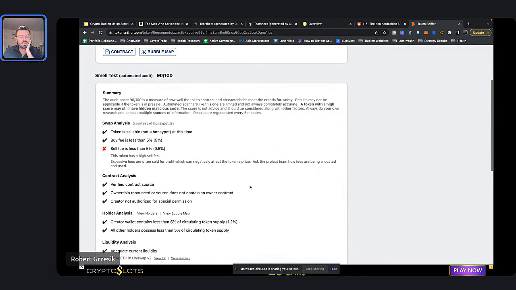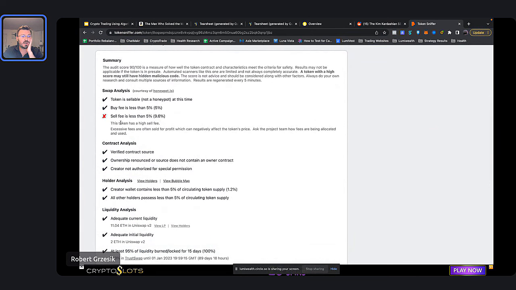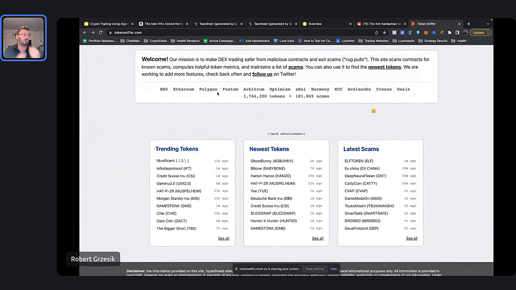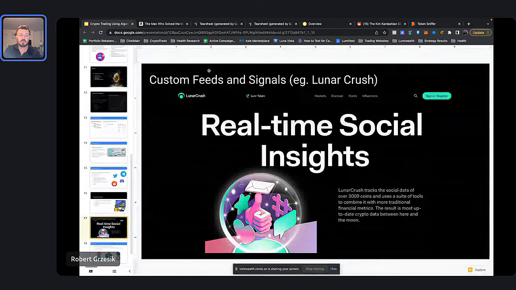And they check things for you, right? Is there a verified contract source, is there enough liquidity, right? The creator wallet, do they have less than 5% of it, right? How big is the sell fee? How big is the buy fee, right? So a lot of these things that we're looking at, we're just checking, is this a scam or not, right? And we could use Token Sniffer to do that. And you could automatically use your bots to do this sort of thing, right? So quite useful, quite powerful way to make money, right? So lots of really cool things that you could do with this stuff, right?